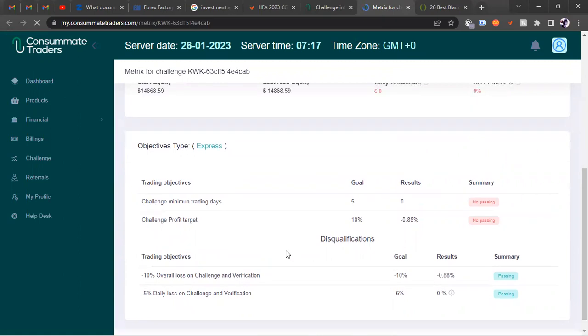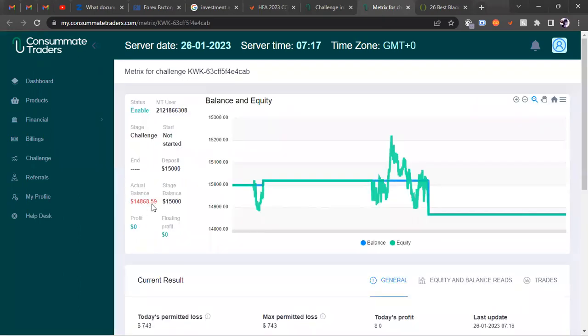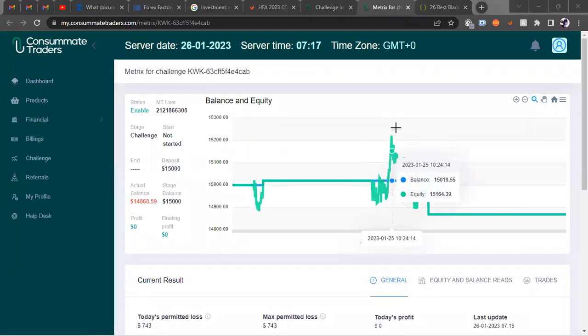But this is it. The balance is now at 14,868, so I'm still going to be trading it. And this trade actually went up to $200 yesterday, which is like 1% plus. Anyways,